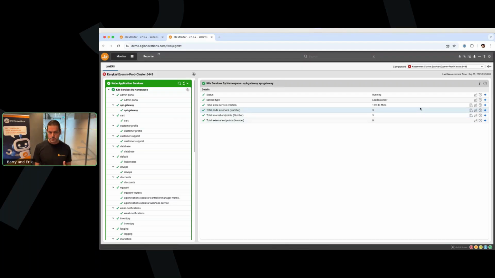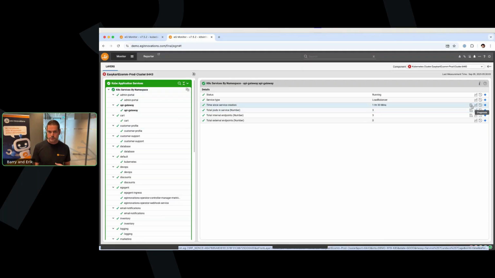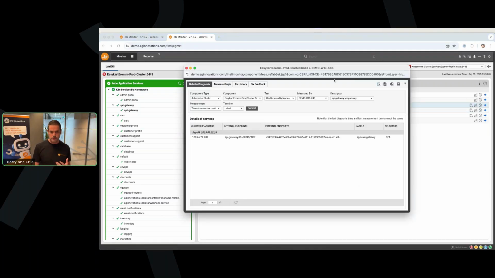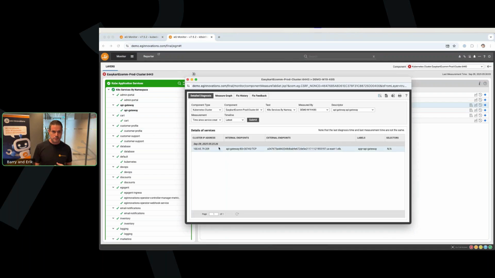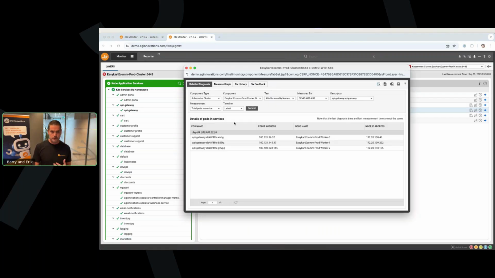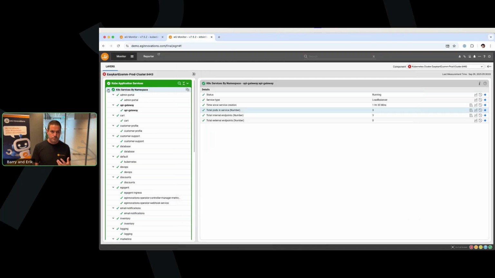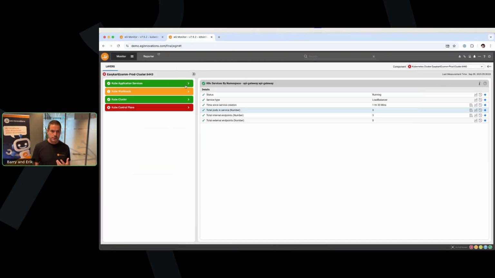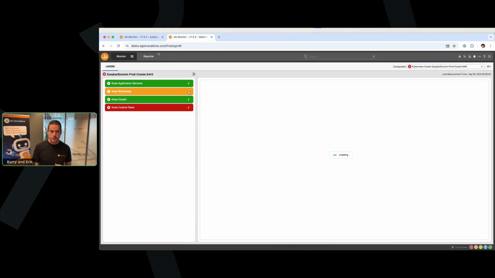And for the namespaces, we have all different kinds of information. So throughout the console, if you see a magnifying glass, then you can click on it to get more details. In this case, it will tell you what the cluster IP is, what the internal and external endpoints are, things like that. We can also see which pods are active over here. So that gives a sense of the node name that the pod is running on, what the pod IP is, things like that.